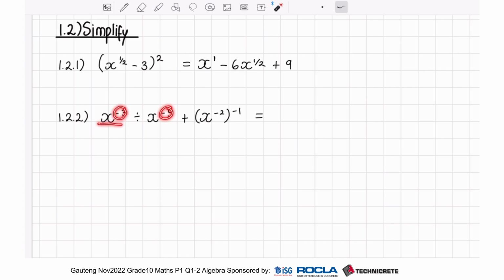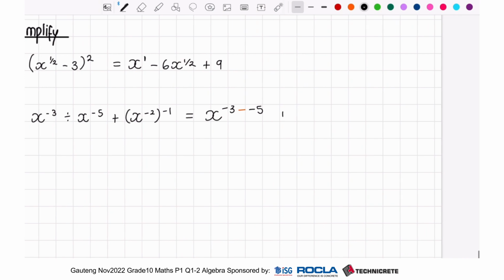So when x to the negative third is being divided by x to the negative fifth, that's the same as having x to the power of negative 3 minus negative 5. So for the first one, I'm going to have the same base, negative 3 minus negative 5. And then for the second term, I'm just going to have the negative 2 here being multiplied by